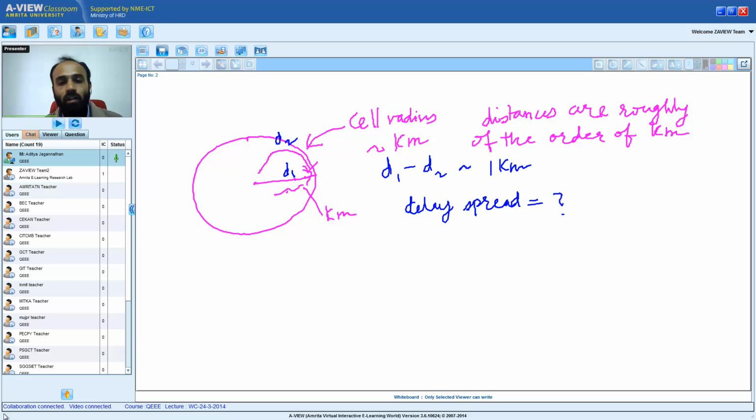The answer is basically the difference in distance, d2 minus d1 or d1 minus d2, divided by c, the velocity of light, because the velocity of the wave is c, which equals 3 into 10 to the power of 8 meters per second. Delay spread